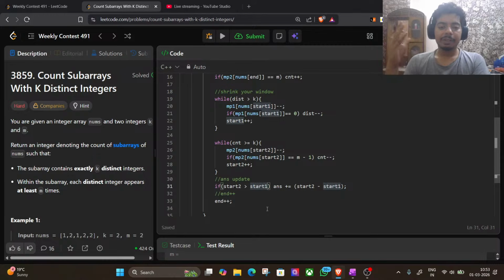For sliding window, I will suggest you try to solve hard sliding window problems which have variable size sliding. You can search Google for sliding window problems, or you can go to the Leetcode section of sliding window, then you can get some from there also. Okay,